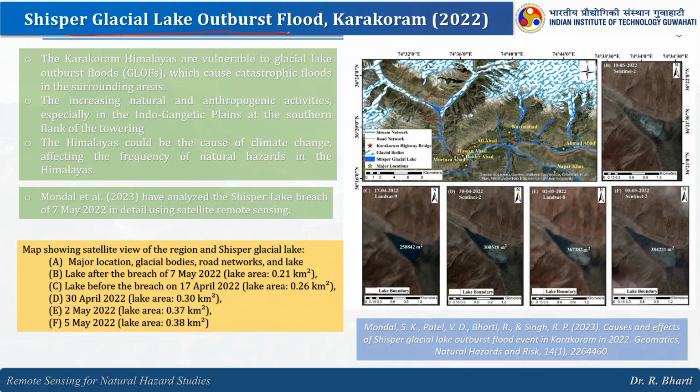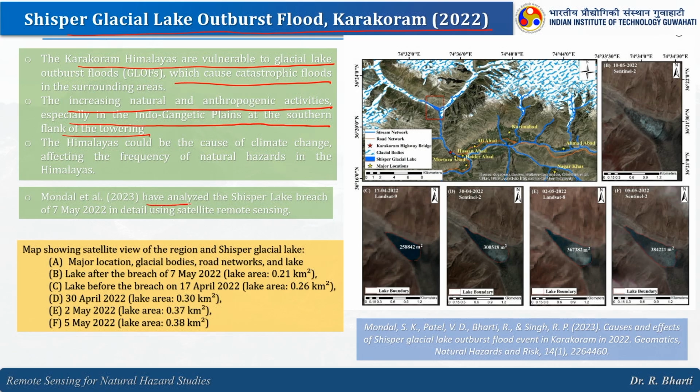Sispar Glacial Lake outburst flood from Karakoram, 2022. So, here we have seen a major disaster which happened in 2022. The Karakoram Himalayas are vulnerable because of the changing climatic conditions, which are causing catastrophic floods in the surrounding areas, particularly in the downstream. The increasing natural and anthropogenic activities, especially in the Indo-Gangetic plains at the southern flank of the towering